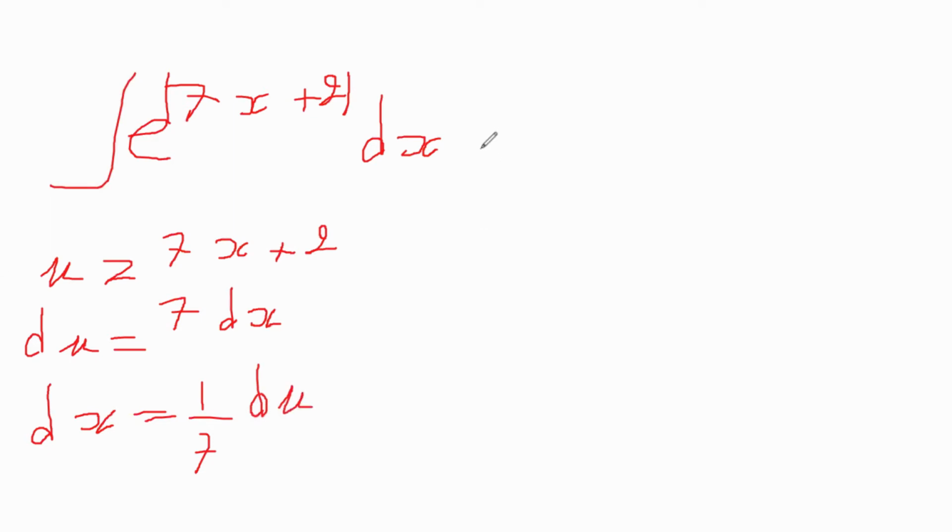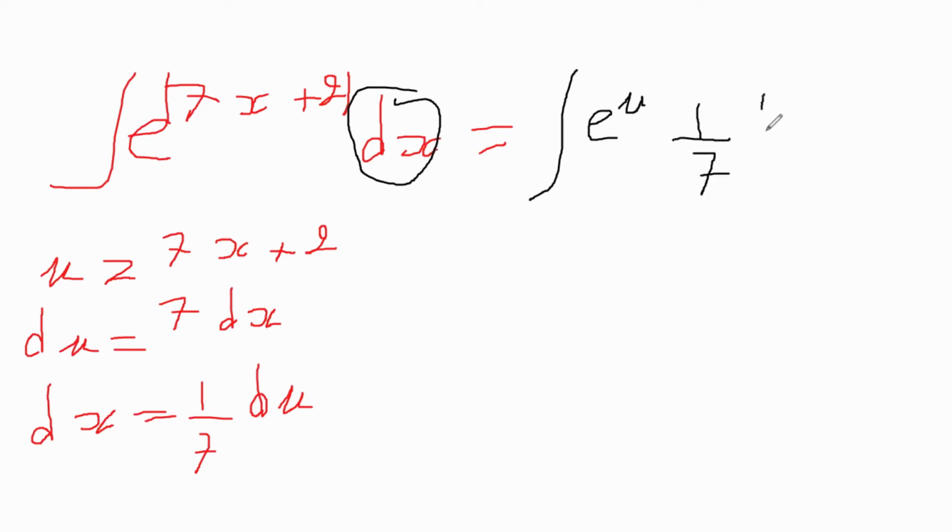أوكي. ليش يا دكتور خليناها 1/7؟ لأنه اللي عندي في يدي هو بس dx. أنا حعوض كل ما هو موجود هنا بلغة اليو، ما نفهم لغة الإكس الحين. تصبح exponential u dx. ما عاد أبغى dx، أبغى باليو. dx باليو تيجي 1/7 du. واضح؟ أوكي. 1/7 I can put it outside وتيجي exponential u على 7 زائد كونستانت بدون تكامل، لأنه تكامل الاكسبوننشال u هو itself بلس كونستانت.